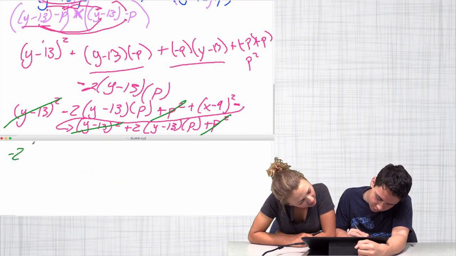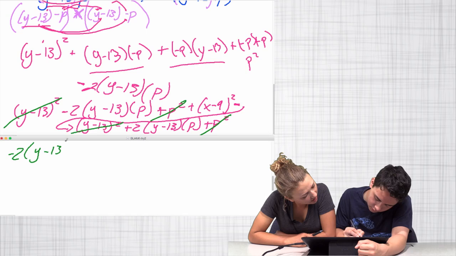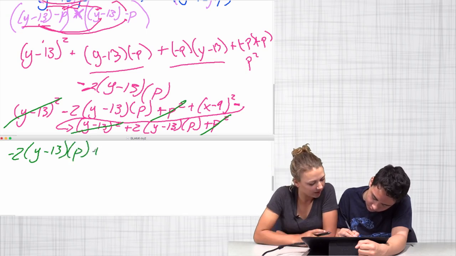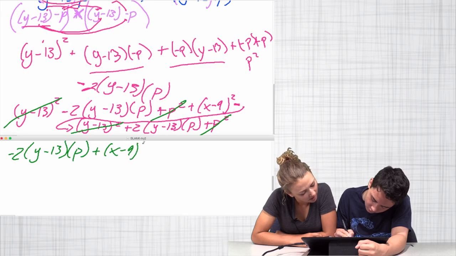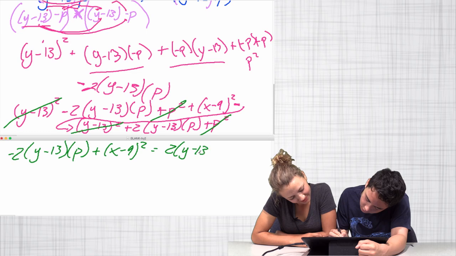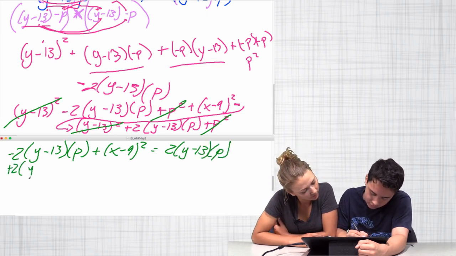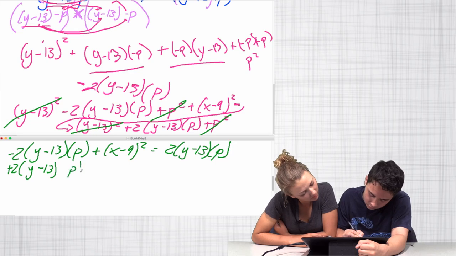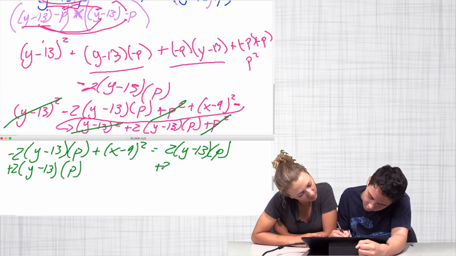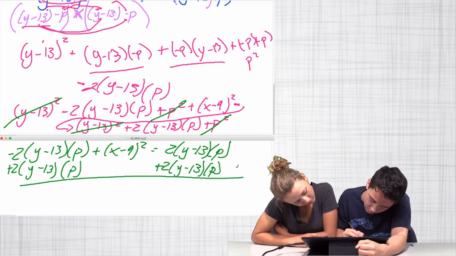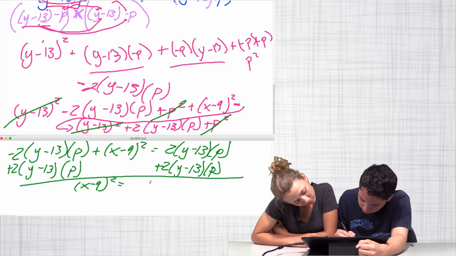So we have negative 2 times y minus 13 times p, and then the plus, x minus 9 squared equals 2 times y minus 13 times p. So we add all this over. And we get x minus 9 squared equals